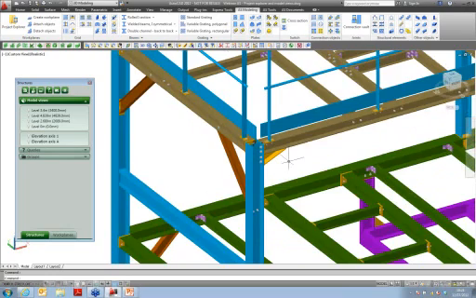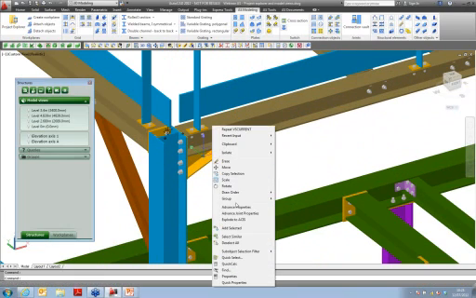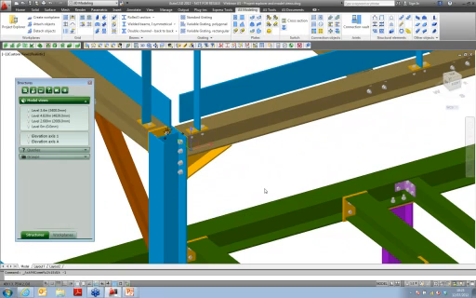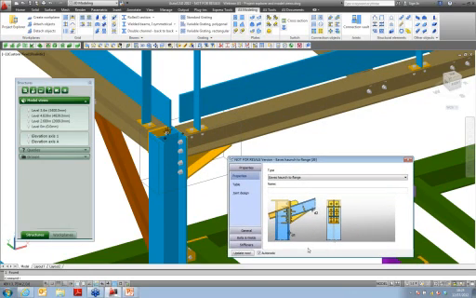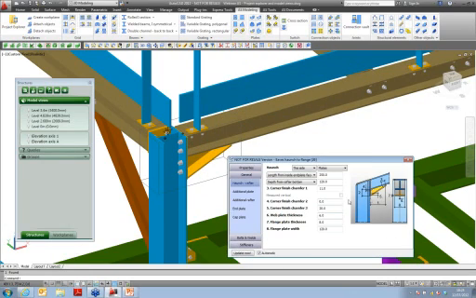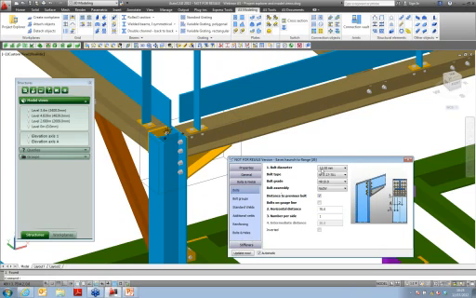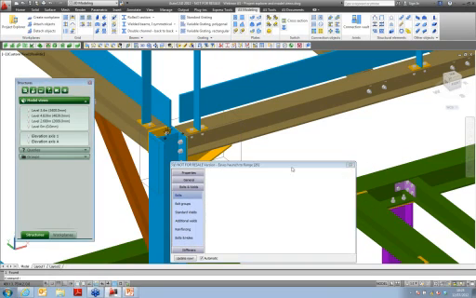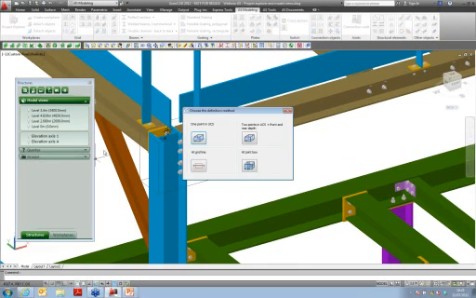Here I have some connections, an orange connection. I would like to, with a right click, get access to its properties, so that we can have a look at the different possibilities from inside the dialog box. You can control the orange, you can control also end plates, bolts, stiffeners, and so on. And what I want to do here is to create another model view. I can decide to pick a joint box,